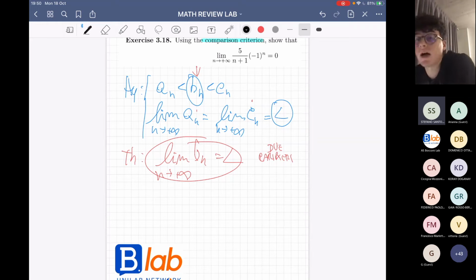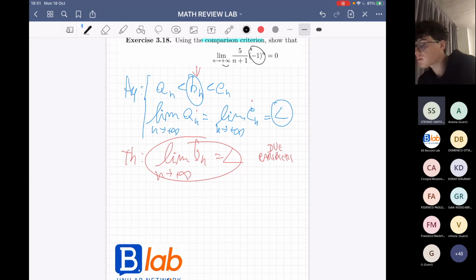So how would you start this kind of exercise? The point is that it's actually a difficult function. We cannot know the limit by substituting, for example, positive infinity here, because it would be 5 over infinity times -1 times infinity, which doesn't provide any answer. Also, -1 to the n is bounded, but it's not that good when we put positive infinity, because it doesn't give us an answer.